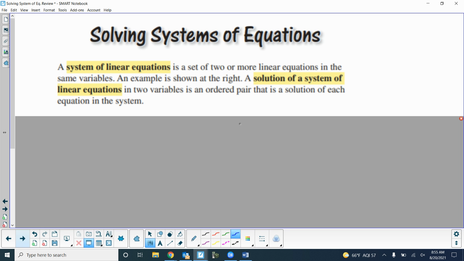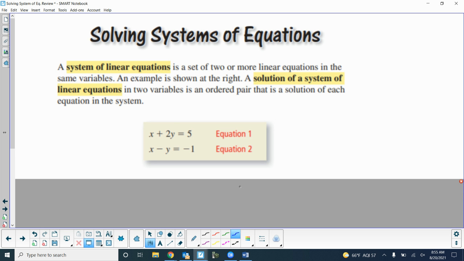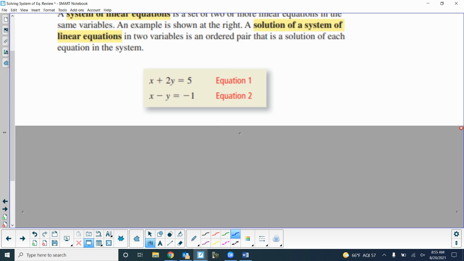Okay, so when we have a system of equations in two variables, there's two answers. We need to find the x answer and the y answer. There's three different ways we can solve these. We can solve them by graphing: graph the two linear equations, which is two lines, and see where they intersect. We can use a method called substitution, and the third way, elimination. We're going to do all three with the same problem. You'll see we'll get the same answer each time. So there's our system: x plus 2y equals 5, and x minus y equals negative 1. And doing it graphically,